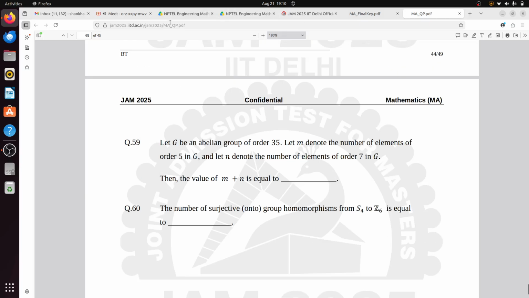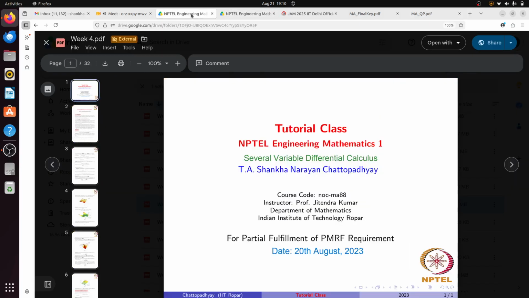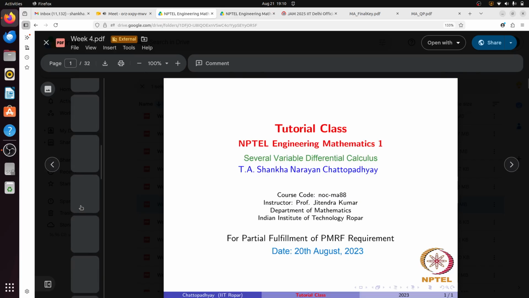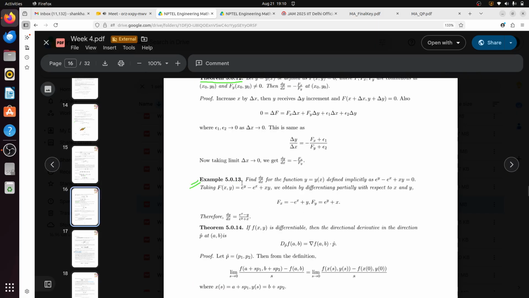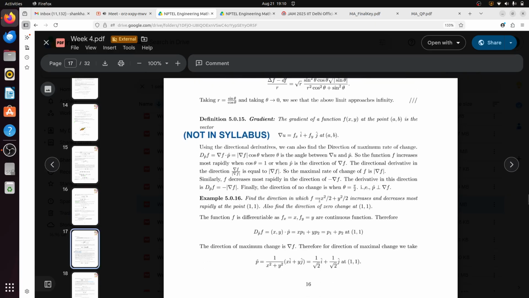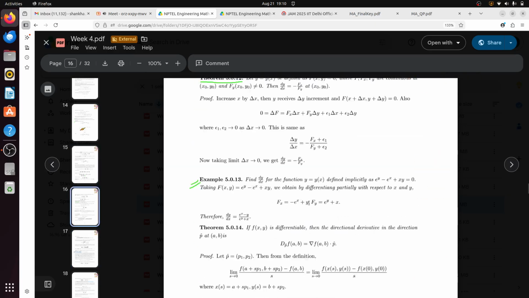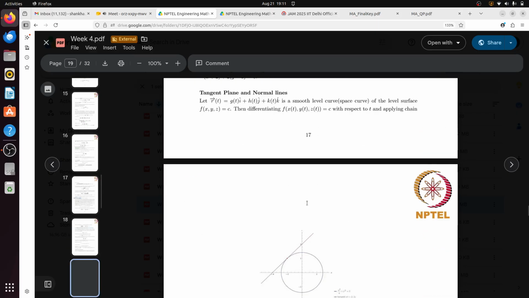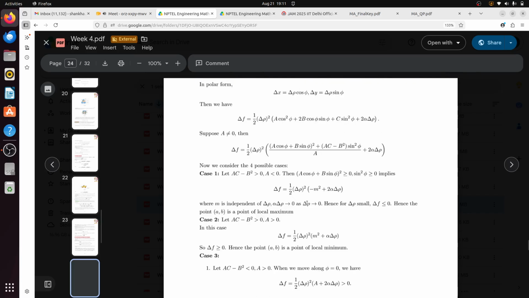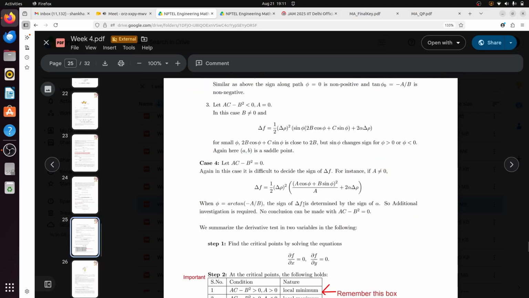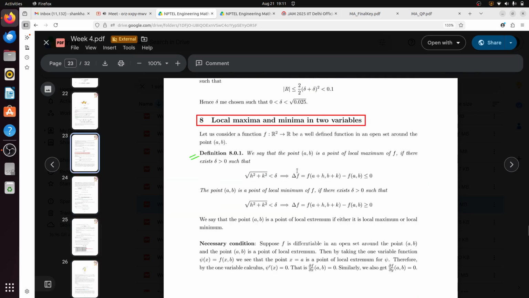Okay, so next I will discuss maxima and minima of two variables. Then I will solve these JAM problems. This note also you follow. This note I have already updated. This is a very nice note. Since I have discussed from a different Professor Anuj Jhakar's note, I have not utilized this note this time. Otherwise, in usual classes, I usually talk about this note.